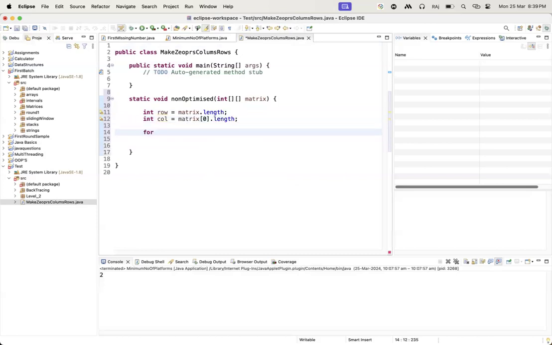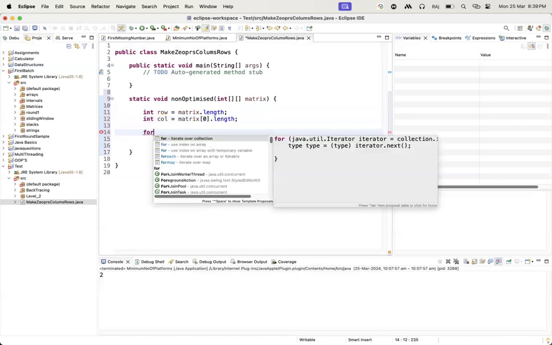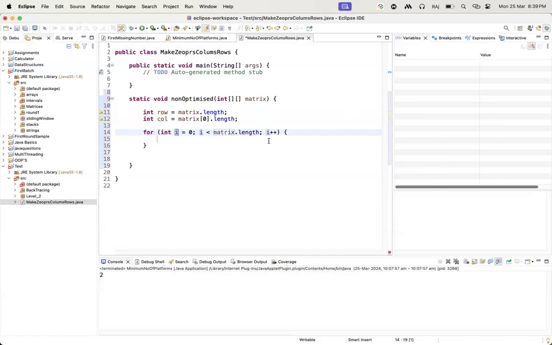Now we know we have to iterate through this one. So the first loop less than rows, and the second loop less than column, right, guys? Now what we have to do? We have to check